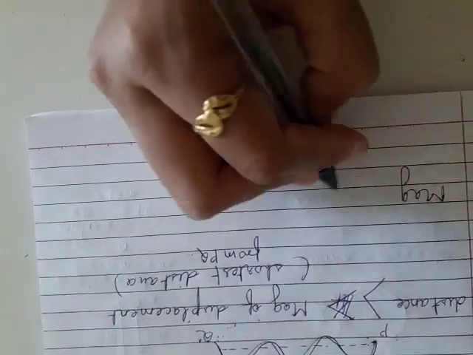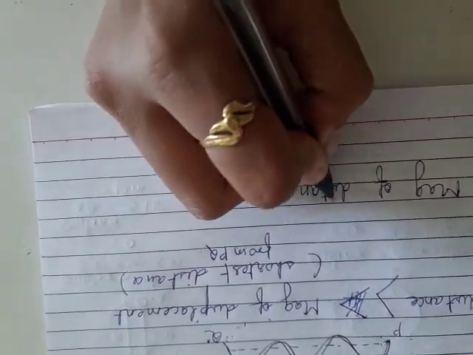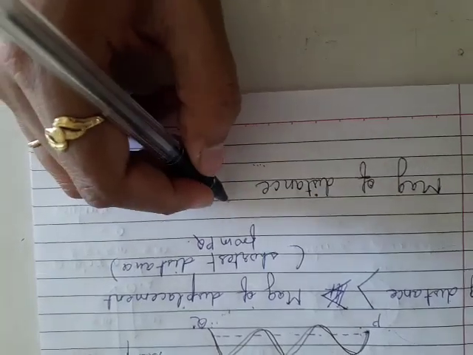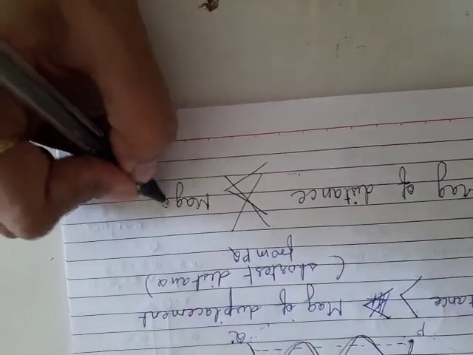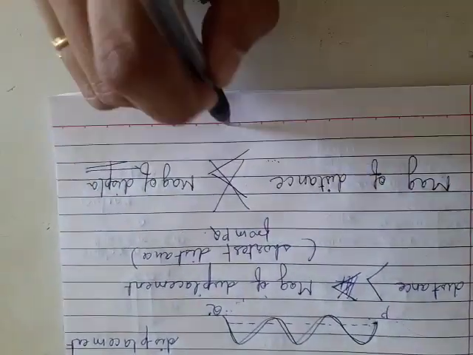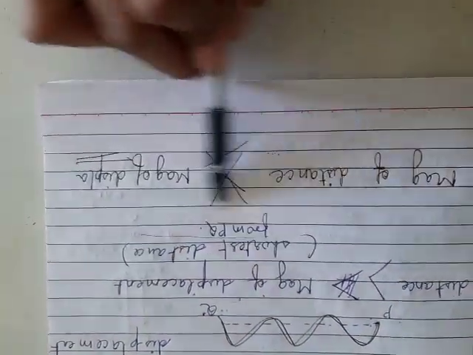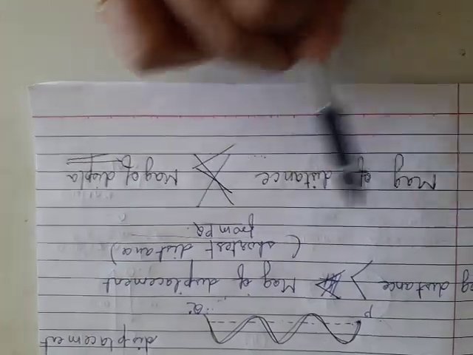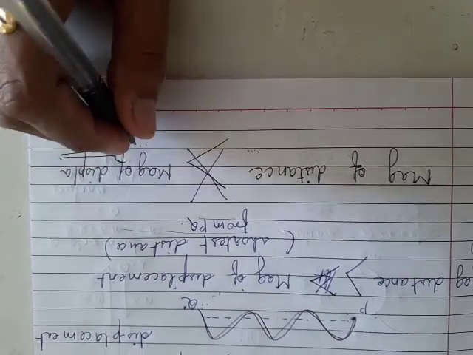However, we say that magnitude of distance is never greater than magnitude of displacement. Now the question will be arising, why? Because the reason is this, it's the shortest distance. If it is the shortest distance, how can the distance which is there be greater than that, right? Are you understanding?